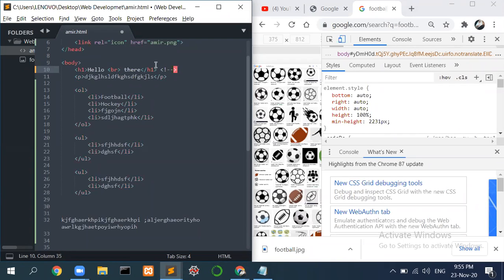You see these hyphens, you have to add 2 hyphens. If I add 1 hyphen, it won't work. You have to add an exclamation mark, then 2 hyphens, then you can write any comment over here, like this is a title. Then make sure you add another 2 hyphens at the end,